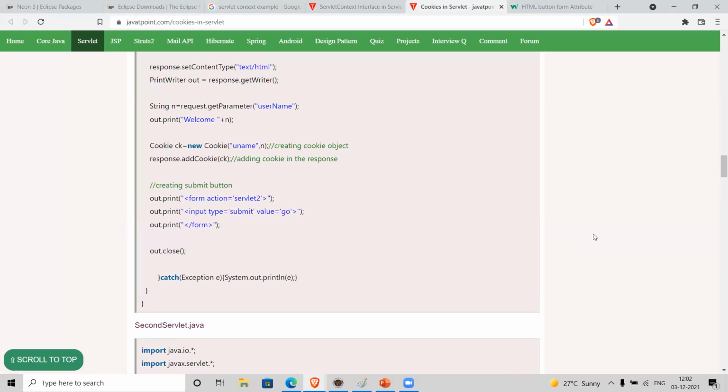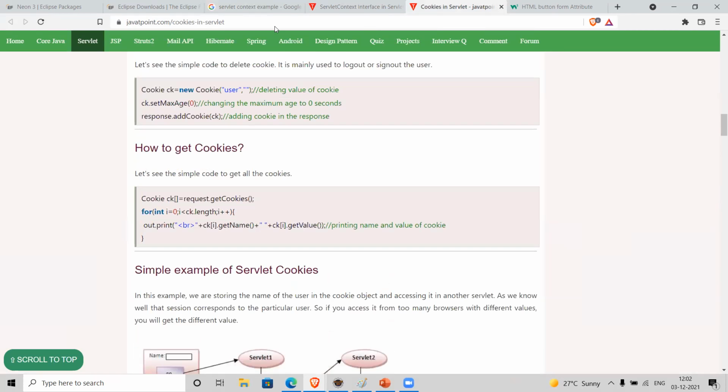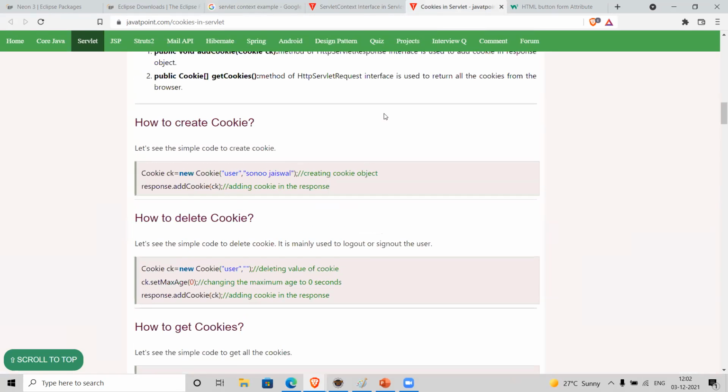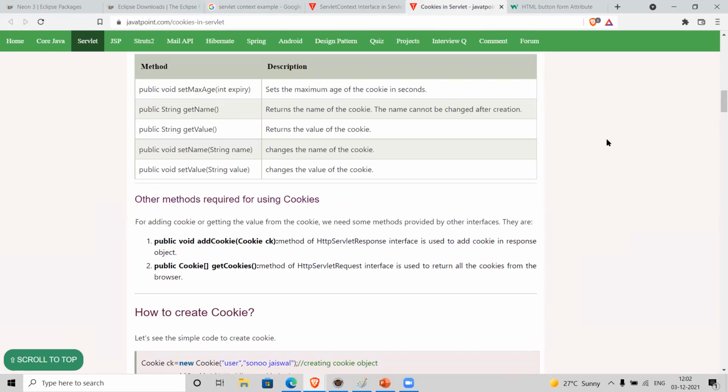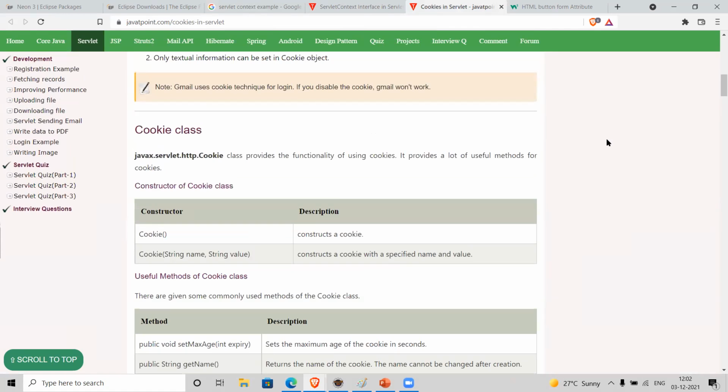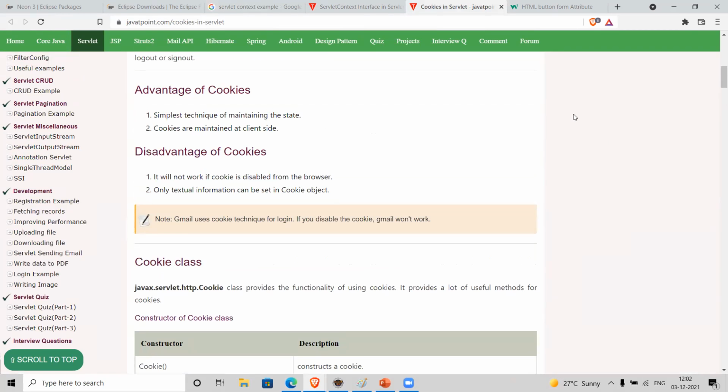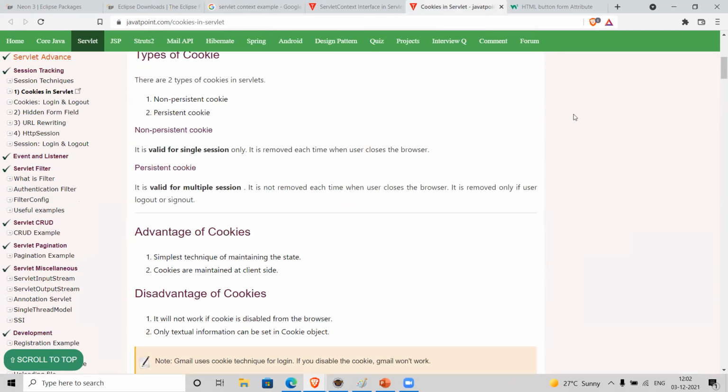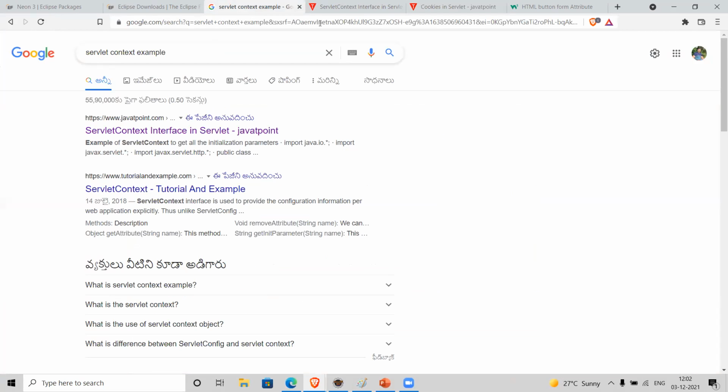Is that fine? Because we have very little time. In the next session, we'll talk about JSPs and discuss MVC, how we use JSPs and servlets together. MVC is important. Yes, that is important. I'll explain it in the JSP session.